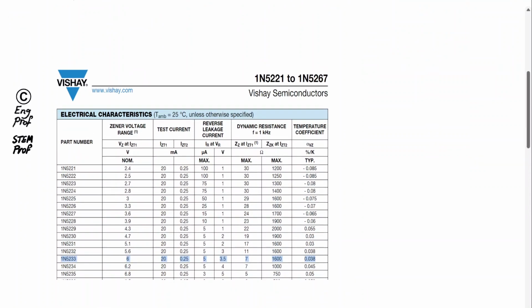There are many options of course, but one example is this 1N5230 part number, which provides us with a good Zener diode with a good range of operational current, say nominal 0.25 milliamp to 20 milliamp, and then a very good temperature coefficient of